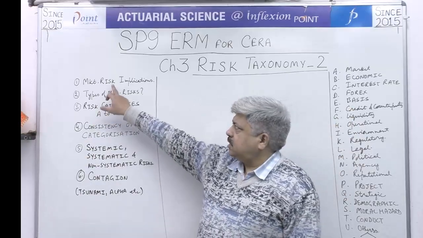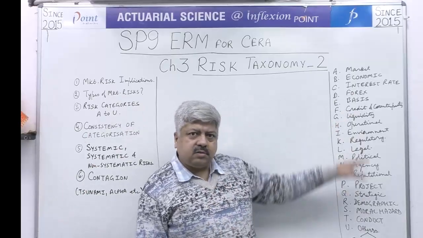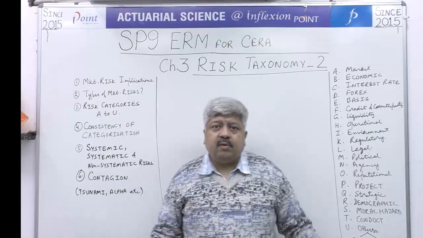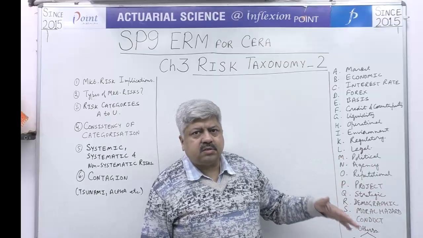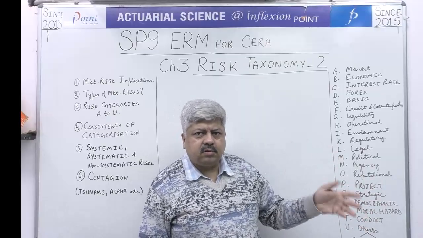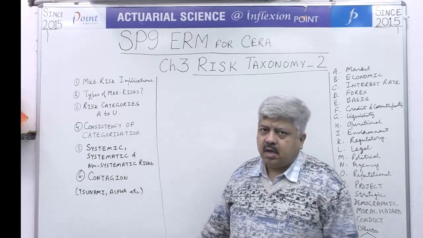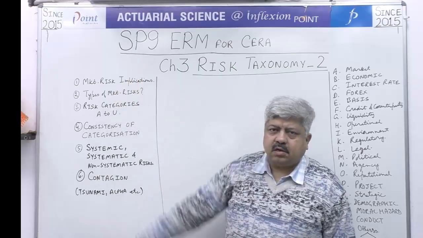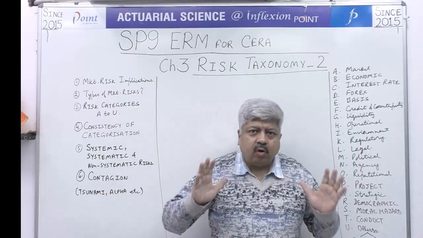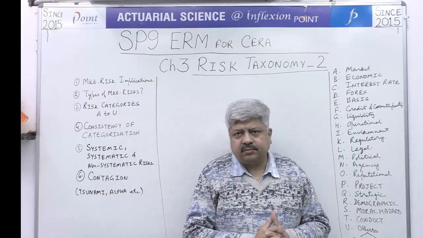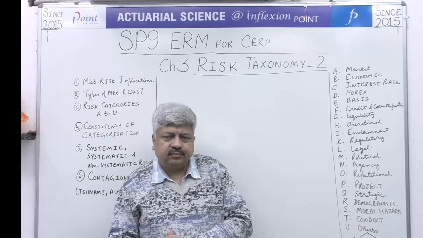So let us consider the implication, just for an example. Similarly, we can have implications for each of these 21 risks, right? That will make the video just too long. So anyway, all these risks are going to be discussed in detail in later videos, in later chapters. So to keep this video reasonably short, I will only discuss the implication of market risk, right? Now when I say market, please don't think I am always referring to financial market. It may be financial market, it may be non-financial market.